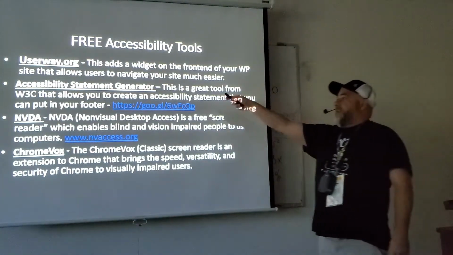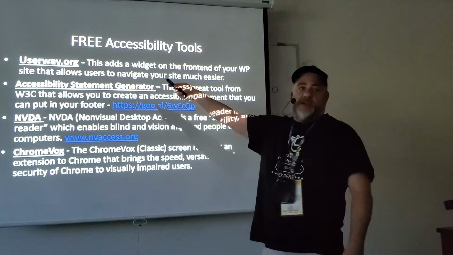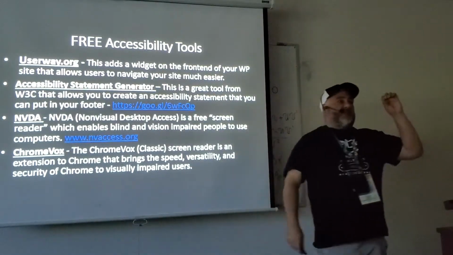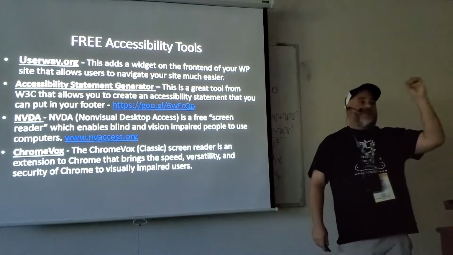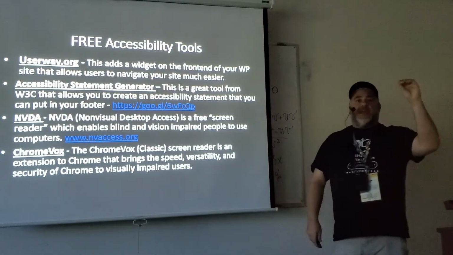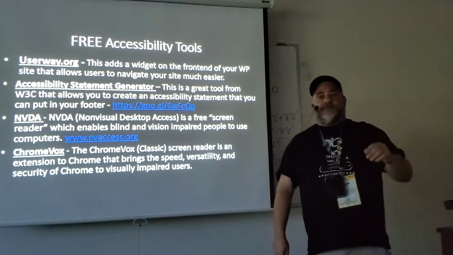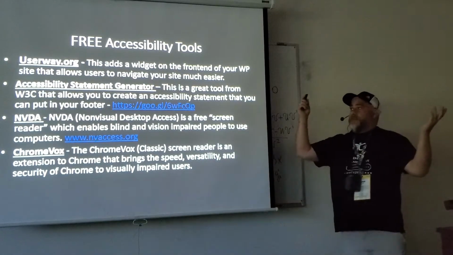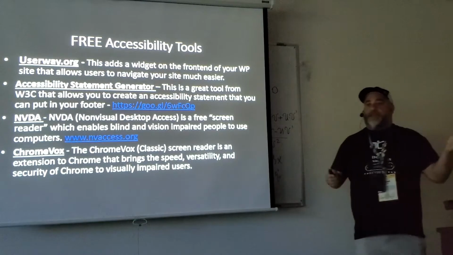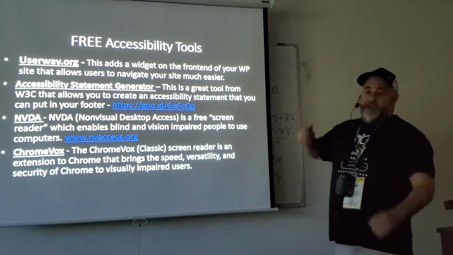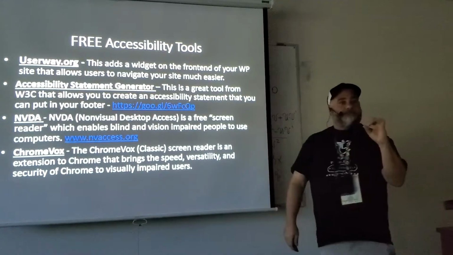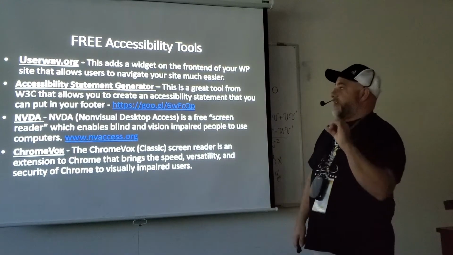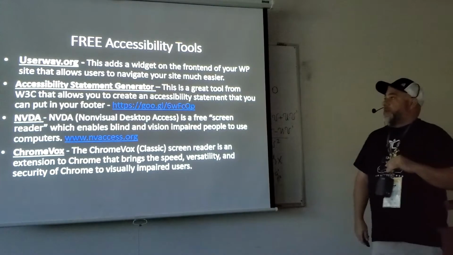If there's anything I can get you guys to do, it's to go home and put this plugin on your website. What this does is it puts a little icon on the front of your site and allows users to fix contrast ratio, enlarge text, hyperlinks, all kinds of stuff. If you go to my website, St. Pete Design, STPETEdesign.com, on the bottom left-hand corner, we have this plugin. So it's just a little piece of CSS down there. When someone clicks it, a menu pops up.